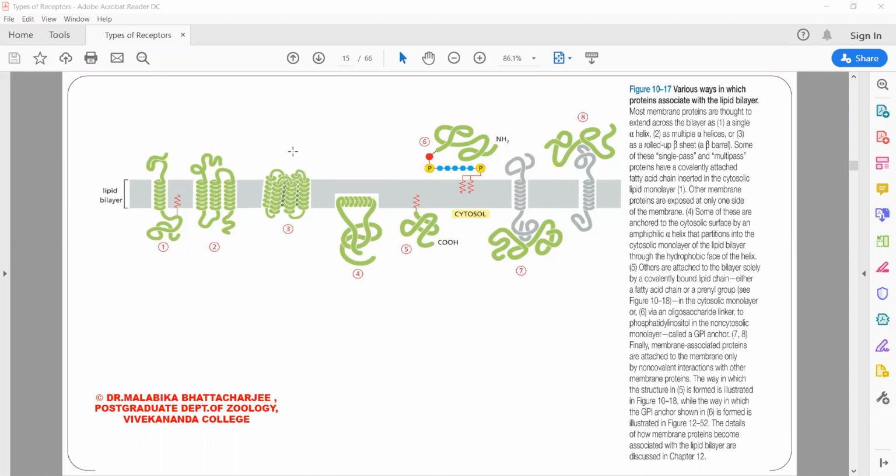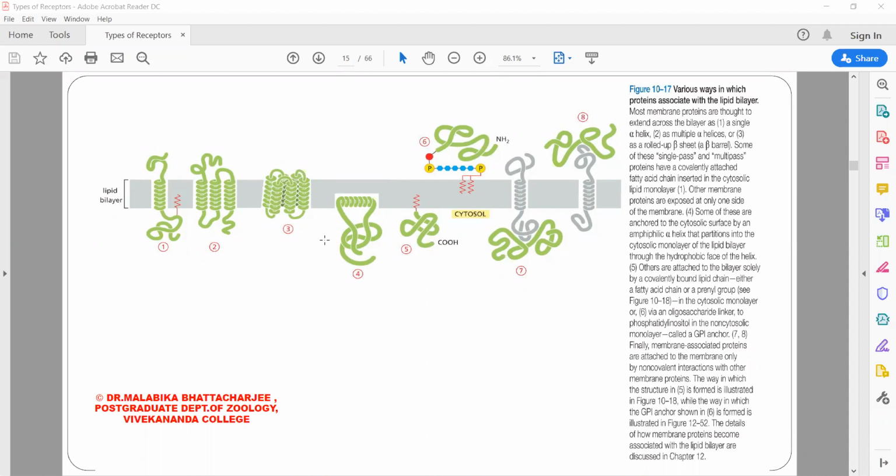So as I said, the proteins can pass through the membrane. The proteins can remain attached to one half of the membrane. I mean to say they can remain intimately attached to one half of the membrane, or they may hang from the membrane. Whatever, just look at this picture and see that there is no symmetry between the two halves. That is, some proteins, for example, the proteins 6 and 8 are present on the outer surface, whereas the proteins 4, 5 and 7 are present on the inner surface.